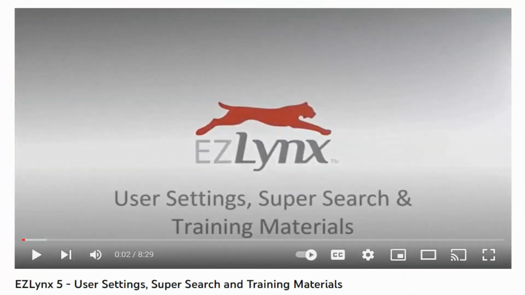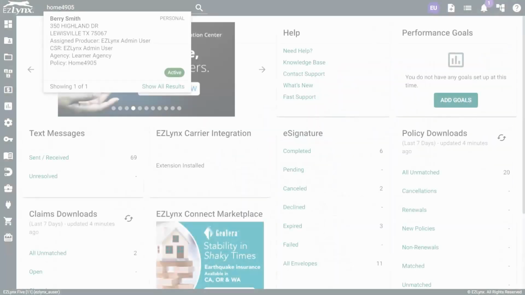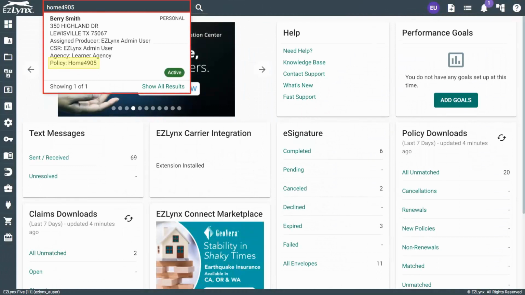First, we'll start with how to find policies using the super search. In our EZLynx Basics, User Settings, Super Search, and Training Materials video, we covered in depth what the super search is capable of. As a refresher, I can search for a policy by typing in the policy number. Keep in mind that the more detailed you are with your search, the better the results. Once the policy you're looking for shows up, you can click on the item and the system will take you